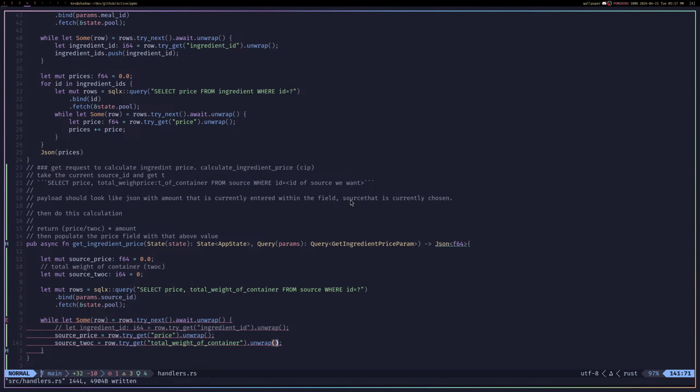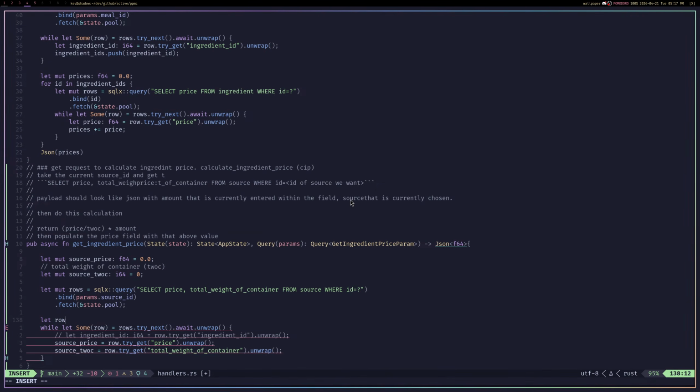Oh, okay. So can I do something like this? So let row, and it'll be a tuple of an F64 and an I64